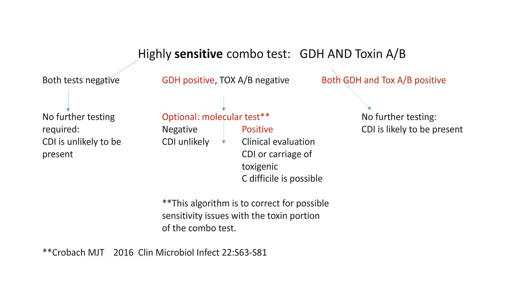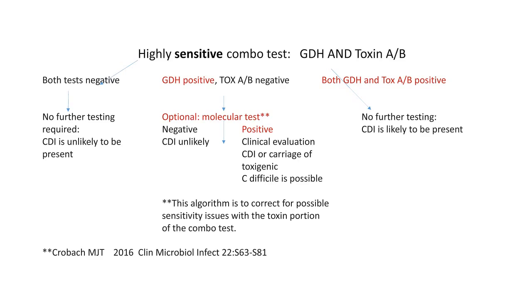There's an optional route if you are using GDH and toxin A and B. This is if your GDH is positive and your toxin A and B is negative. Some experts, such as cited in this article by Dr. Krobosh, have suggested that in instances such as this, you can optionally do a molecular test. If you do a molecular test on the GDH-positive, toxin A and B-negative specimen and it is negative, CDI is very unlikely. However, if you get a positive molecular test, of course you always evaluate the patient, but